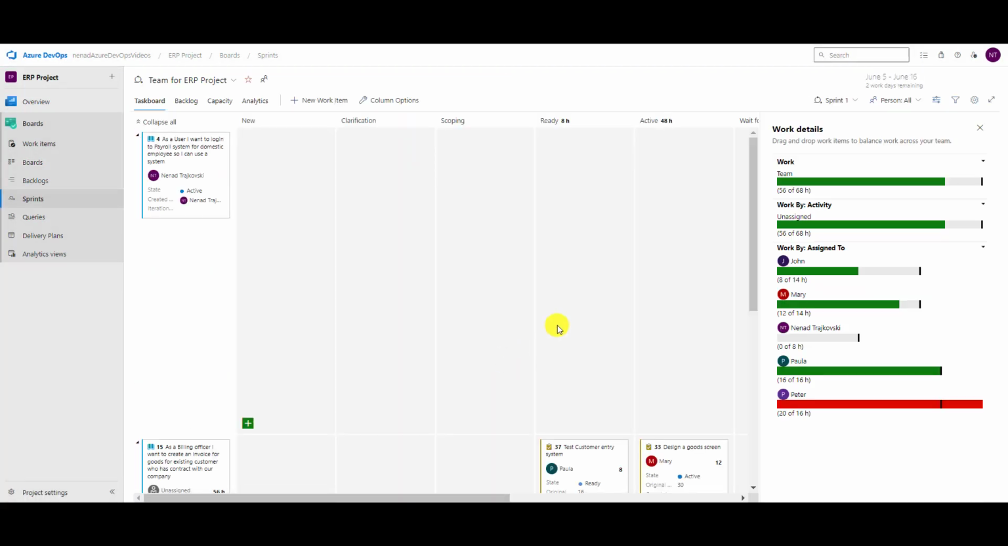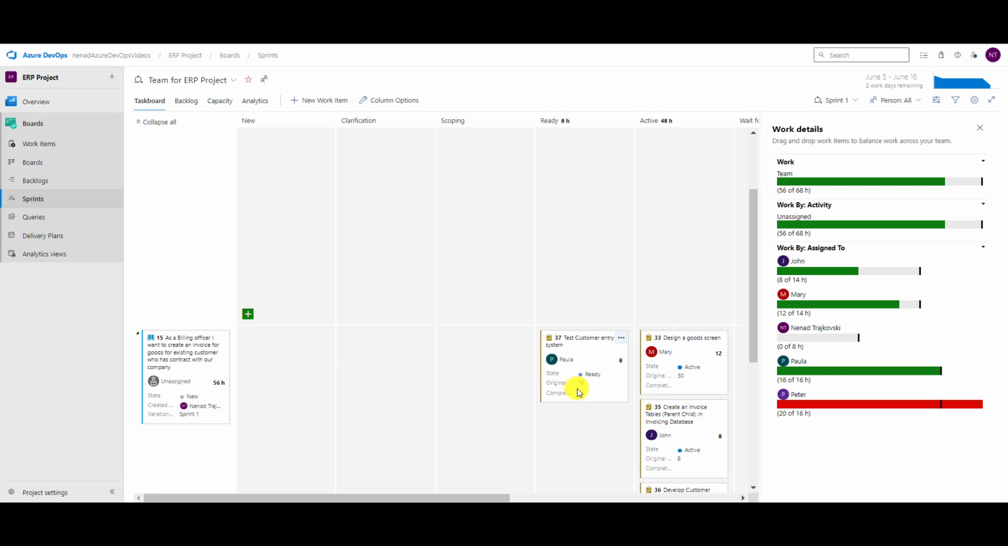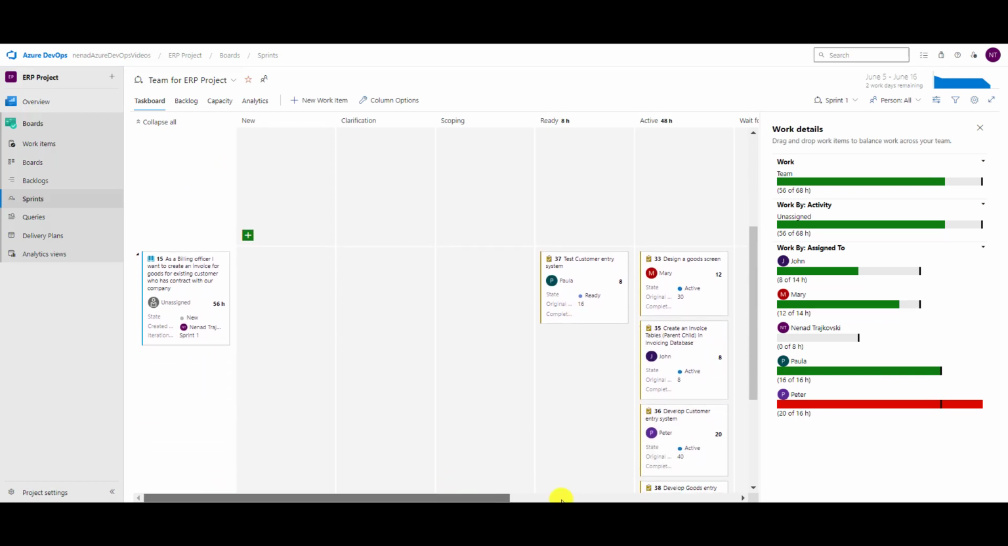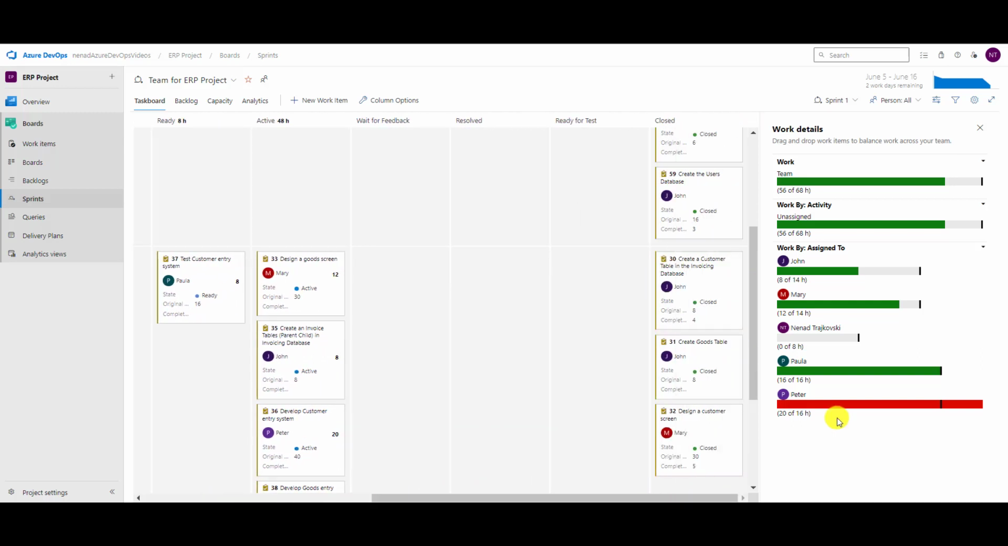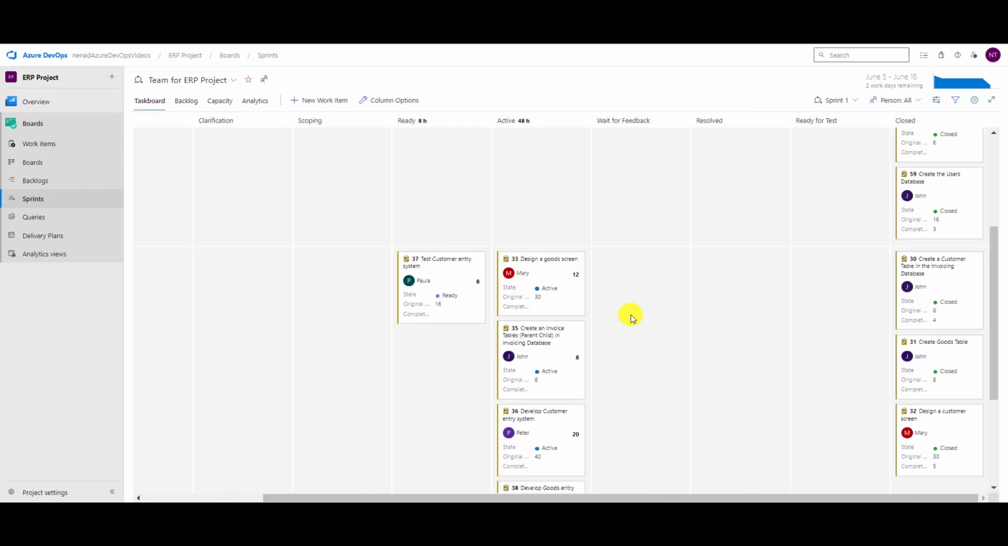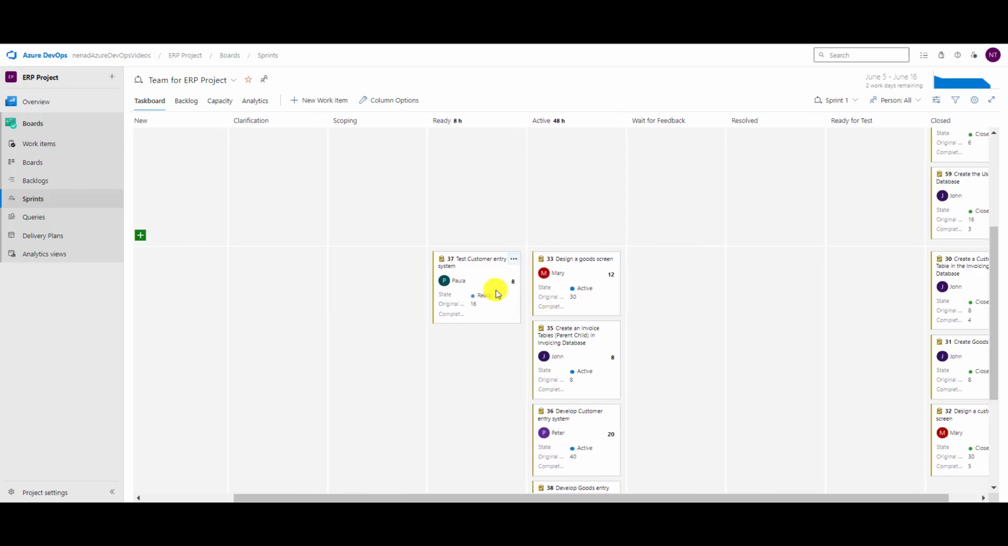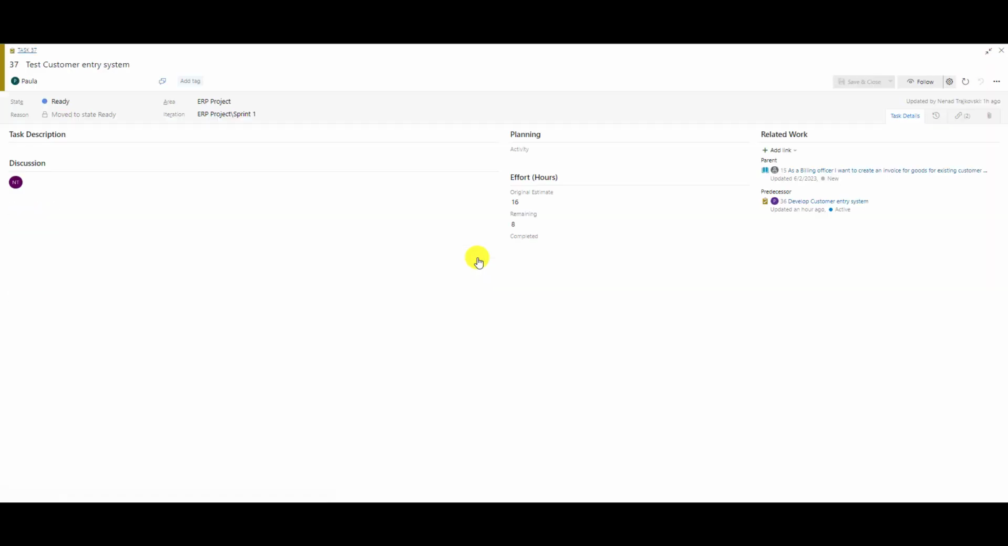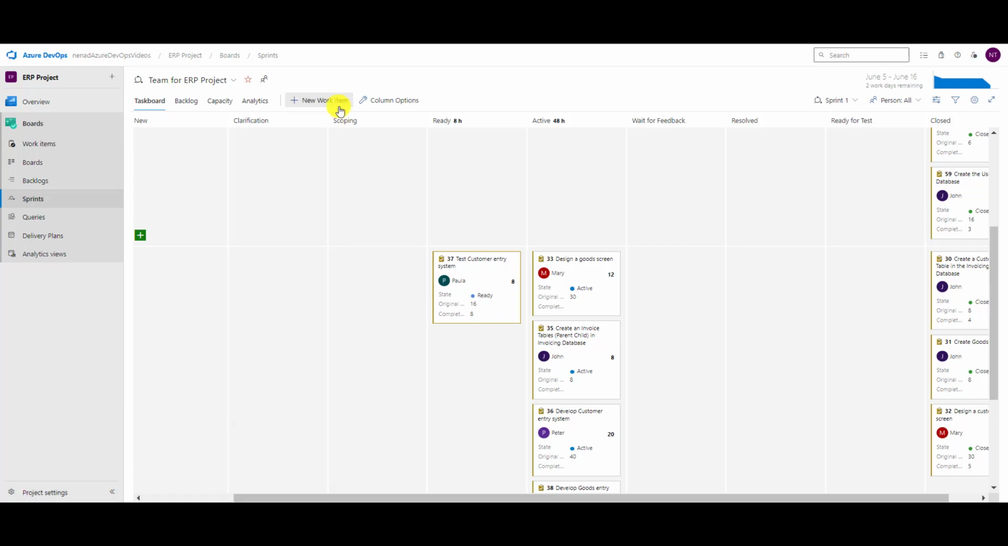Now you will see that I have original estimate, completed work. Let's go here on the right. Okay, original estimate, completed work, but I didn't put completed work here, so let me put it. So remaining 16 is here, original remaining is 8, so obviously let's say that 8 hours are